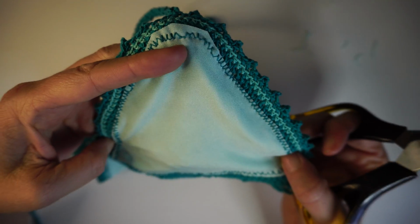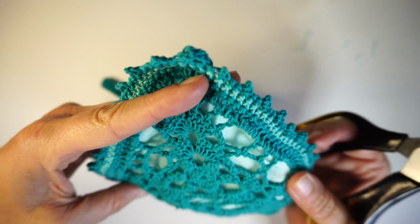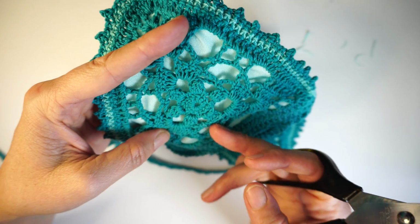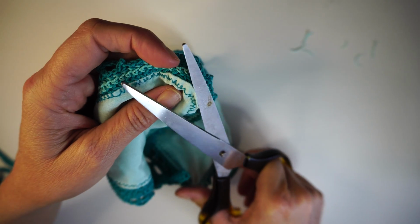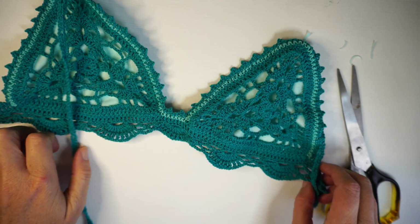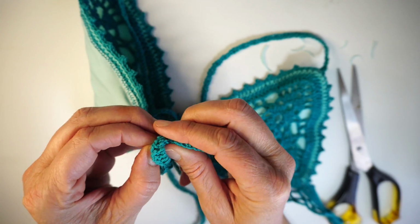I finished stitching, and I forgot to say that the lycra should be facing right to this side, okay? Because you want the shiny part of your lycra. If you got the shiny one, I have the shiny one, I really like it. The fabric should face right to this side, and then you just cut the edges off, and your bikini top's ready. So what you do with this one is here, you pass through this little hole we made before,